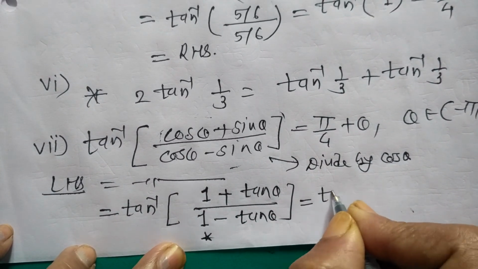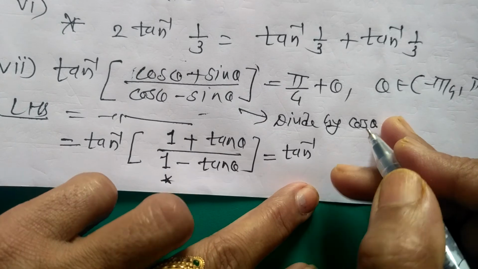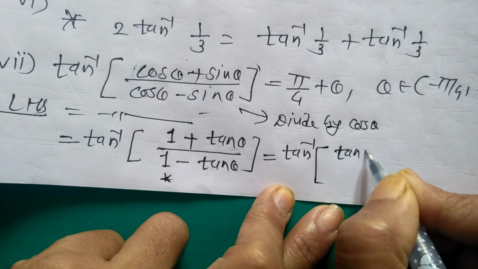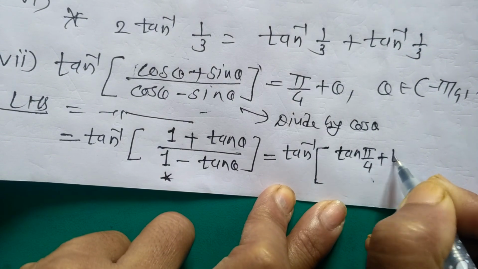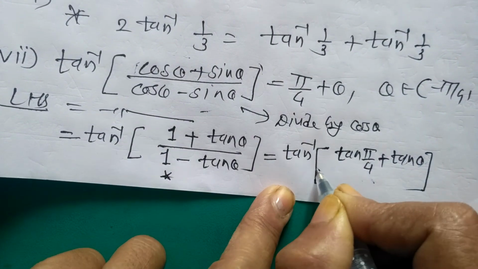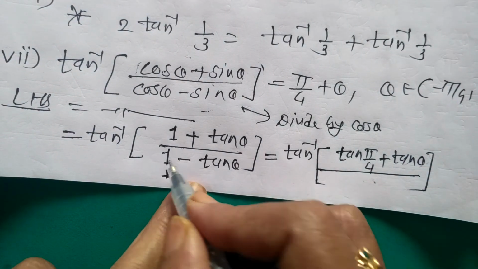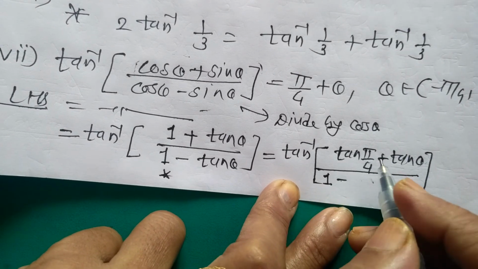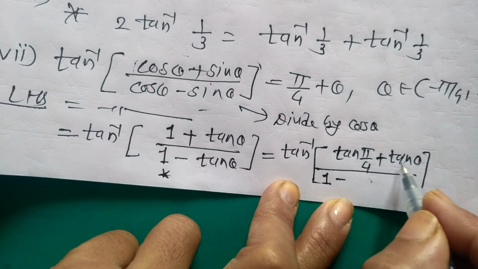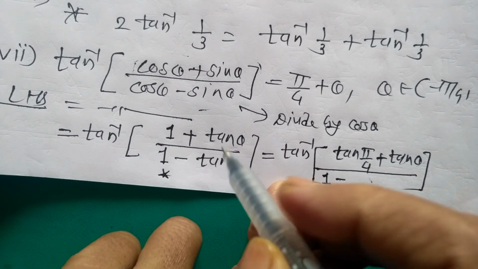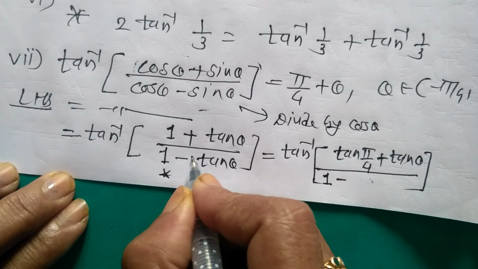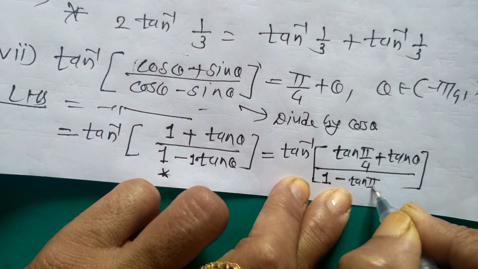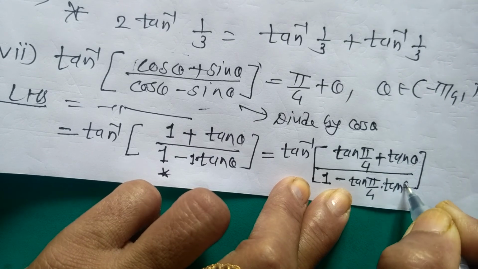So we may write this for adjustment as tan inverse of, this 1 can be replaced by tan pi by 4 plus this tan theta as it is. Now for the denominator this 1 always remains as it is. Only check here the signs are different, here plus and here minus, and the second term can be adjusted as a product of this numerator term. So we take this tan theta, from the denominator tan theta, always coefficient is 1. So that 1 can be replaced by tan pi by 4. This is only an adjustment to arrange the formula.